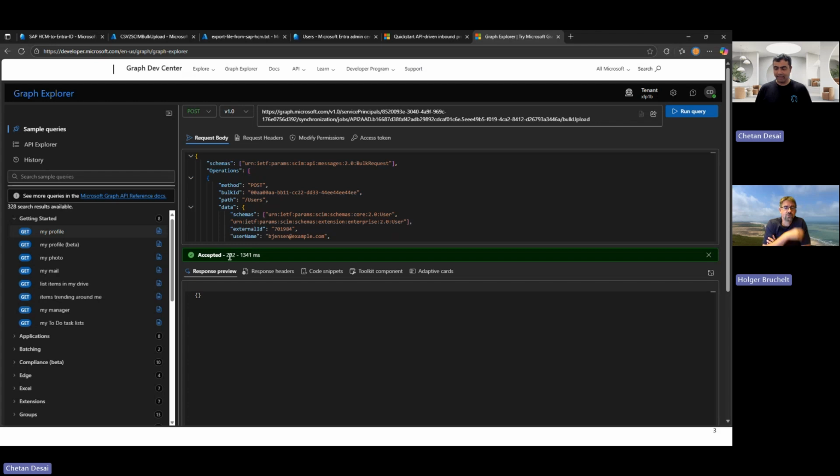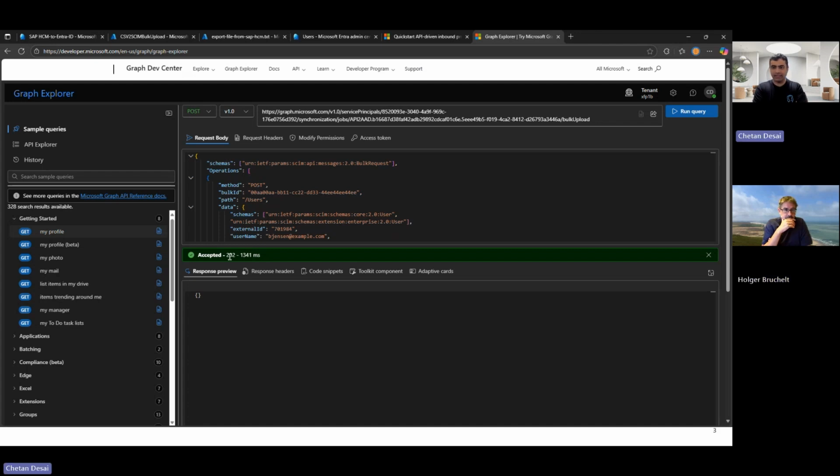What this means, to highlight, is that obviously you are authenticated with your user right now in Graph Explorer. That's why you are able to call this endpoint. If I would do the same from Postman or a Bruno or any REST client, I would first need to get the token, the authentication, and then I could post the very same content. Yeah, that's right. That's a great call out.